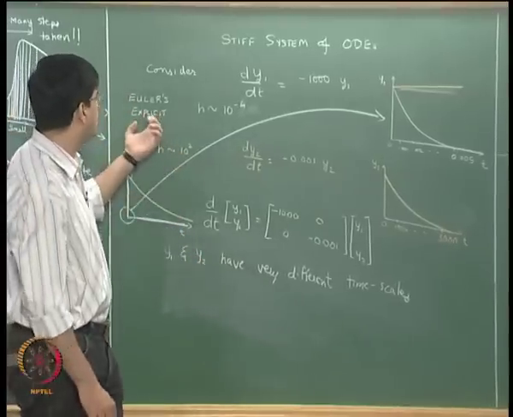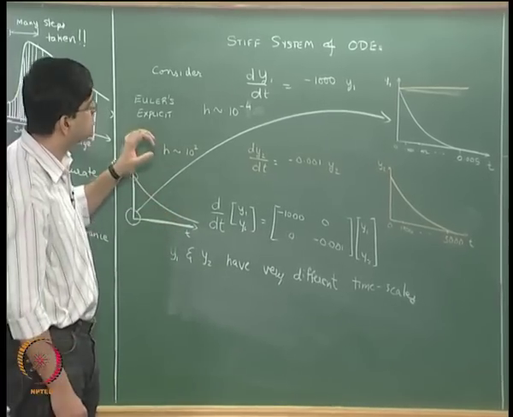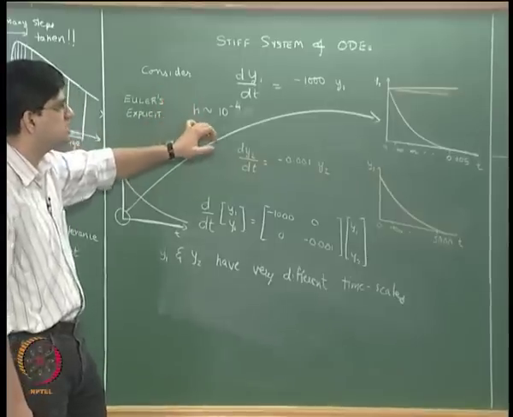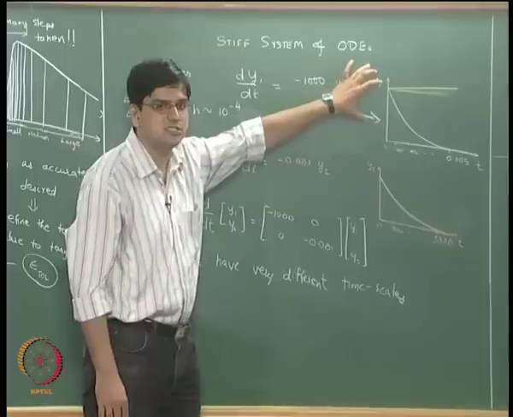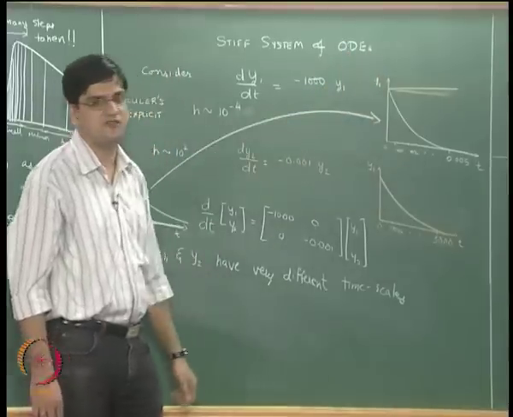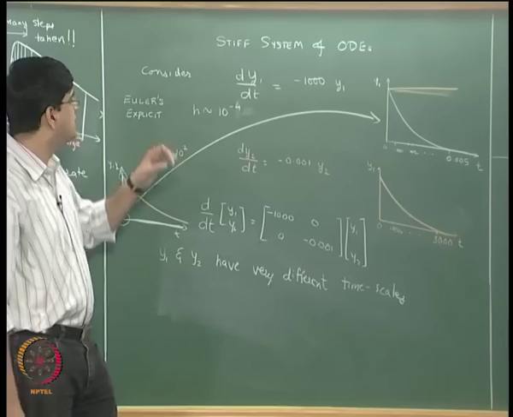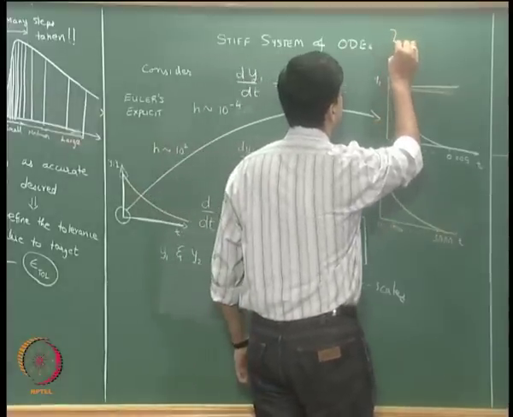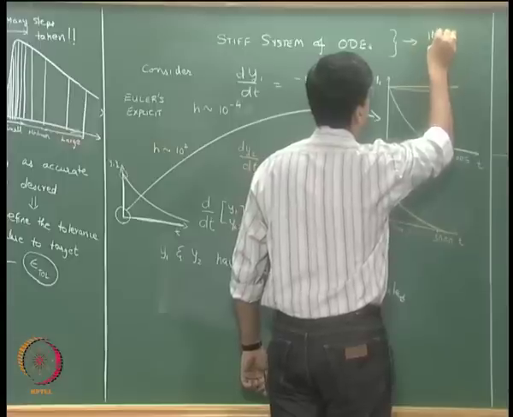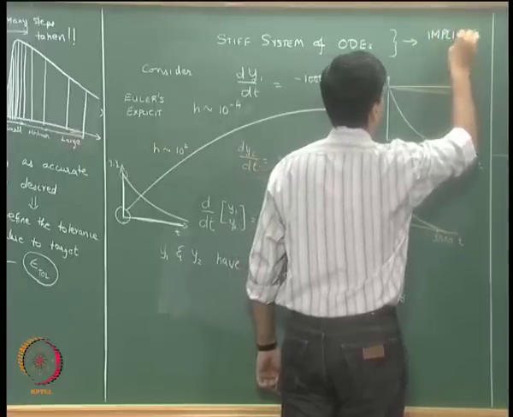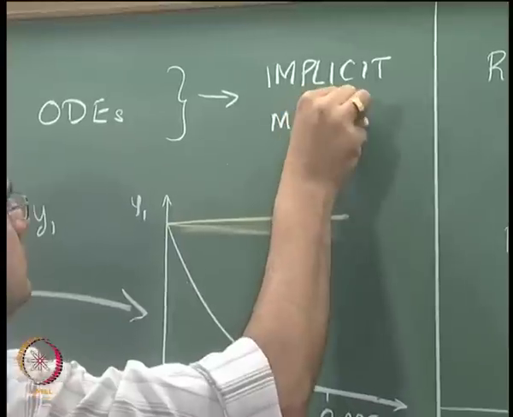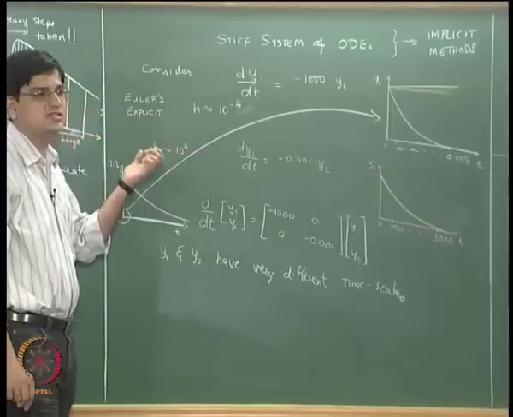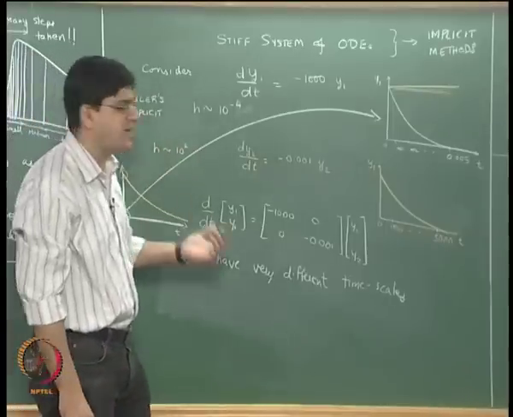Euler's explicit method, or any of the explicit methods, is going to have a problem in stiff systems, because it is going to require very small steps as governed by the fastest mode of the system. So the solution for stiff ODEs is to use implicit methods, so that we do not have to worry about the stability of these methods at all; we only have to worry about the accuracy of the system.